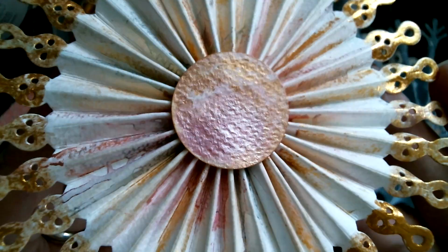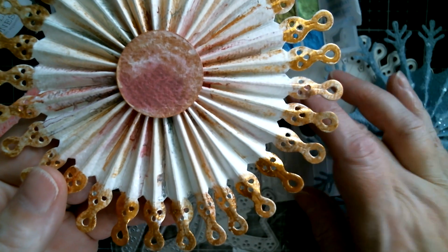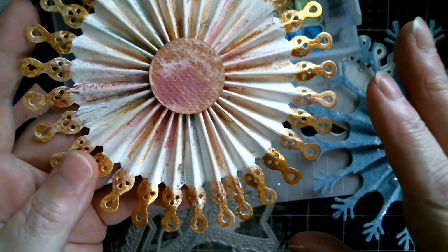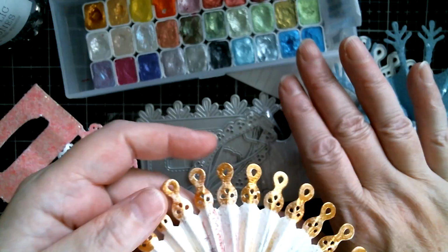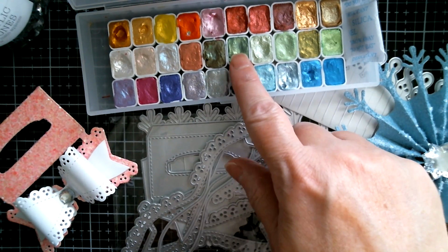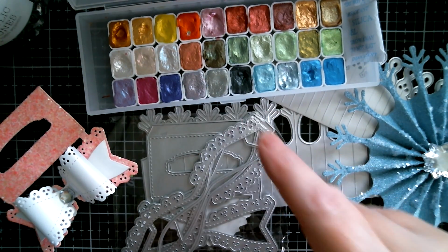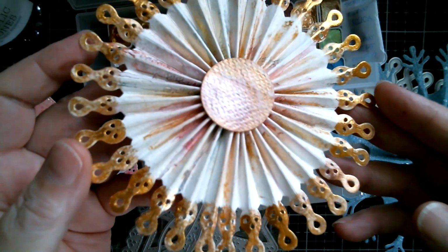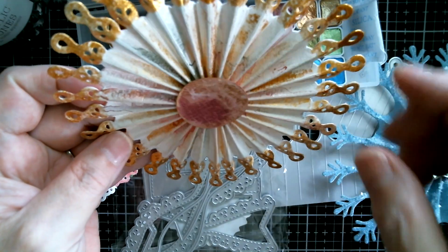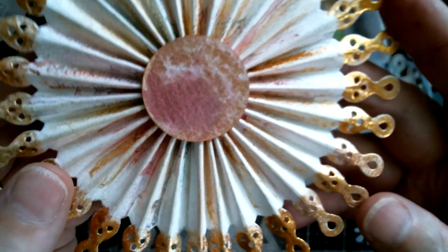And the way that I did this was, once I'd cut the strips again, I connected them, and then I went all over it with water, and then I stood it up on end, and I just used colours from my box, which were this green and this gorgeous bright gold and this pale pink, and I just ran them together. So you imagine that's a flat strip there, and it's on edge, and I just took dips of the colour and just let it all drip down,